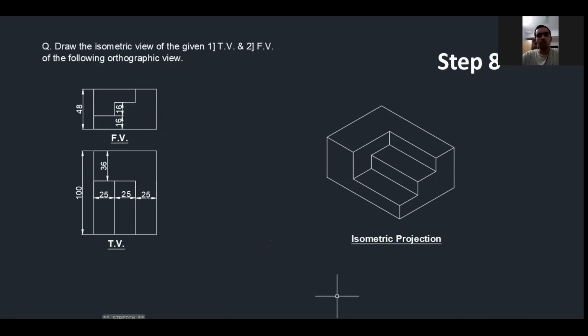At the end, we will use the trim tool to erase the unwanted lines, which will provide a final touch to our isometric structure. And we will annotate the length, breadth, and other parts of the structure using the Aligned Linear Dimension tool in the AutoCAD software. Now our isometric view is complete using the given orthographic projection.